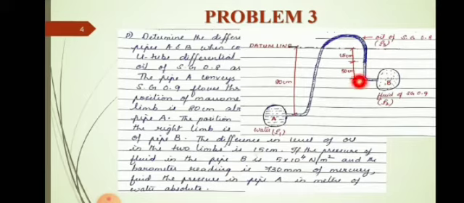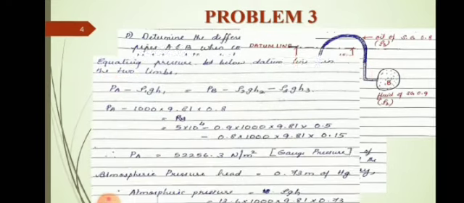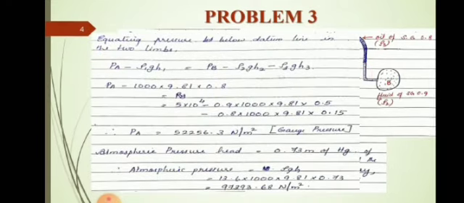Now here, once the figure is drawn, then the rest is simple. You have to draw the datum line. Since this is an inverted differential manometer, we have to find the highest point of the manometric liquid and draw a horizontal line there. That will become the datum line, and we equate the pressure below the datum line in both the limbs. And so this is the equation equating pressure below the datum line in the two limbs.